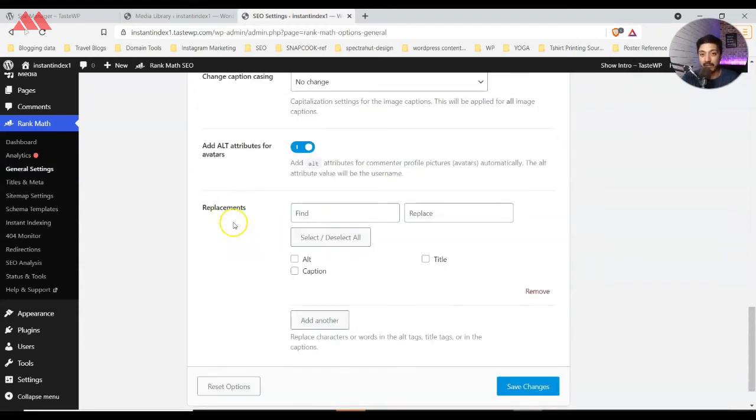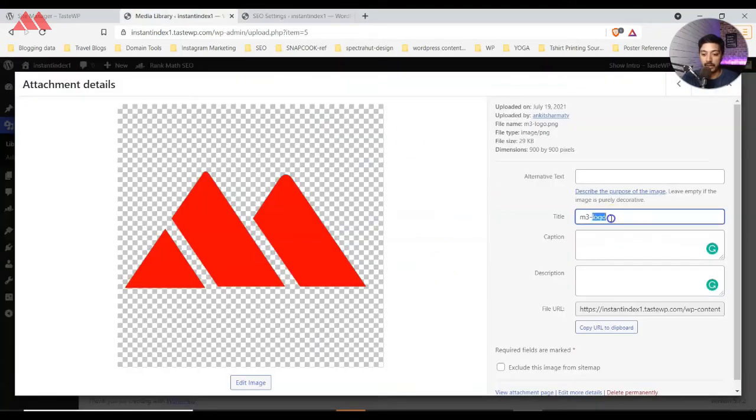And at the end, we have a very interesting option for find and replace of any term or keyword in alt, caption or title, or all of them. You can update your alt tag, your caption or title for all the images. For example, we have here M3 logo.